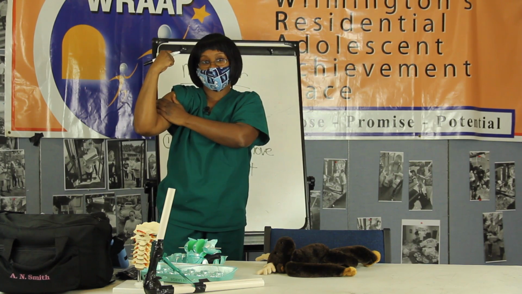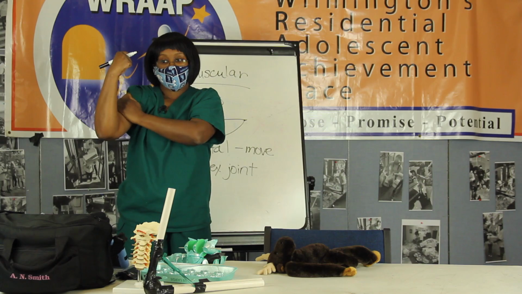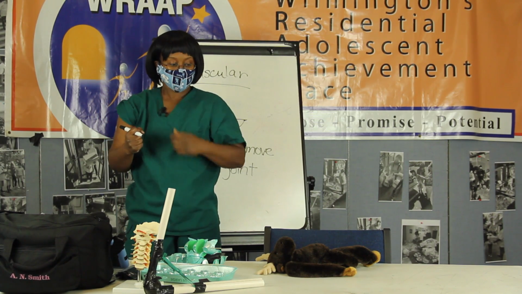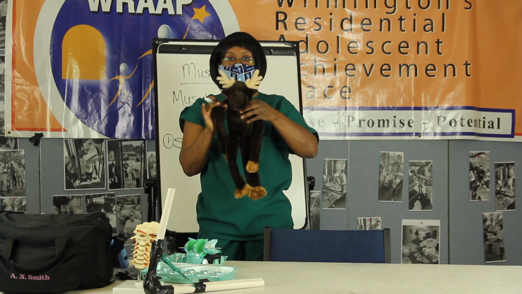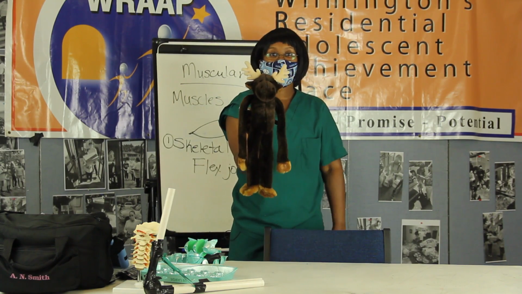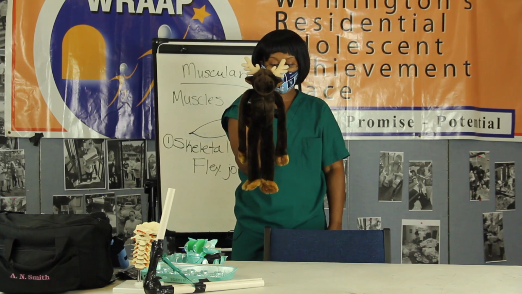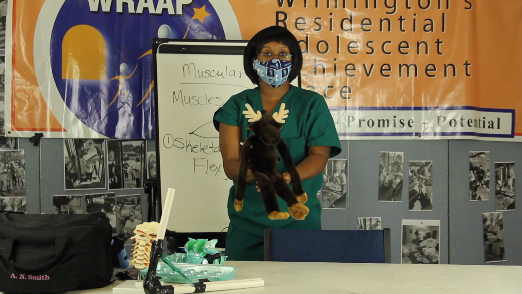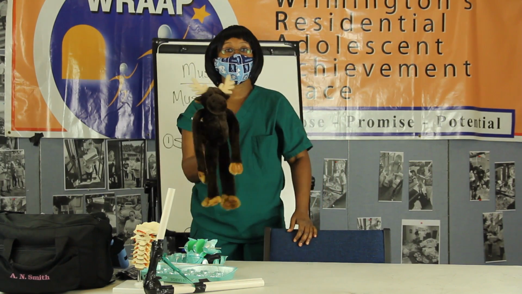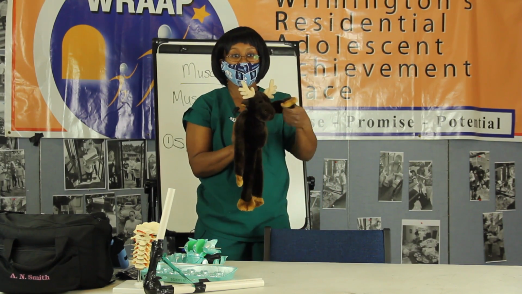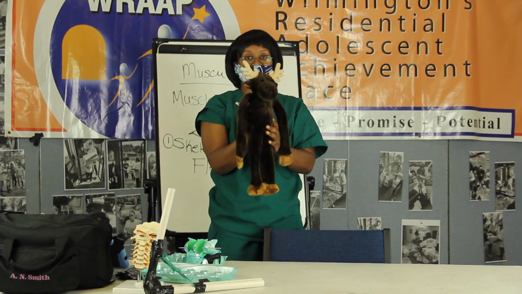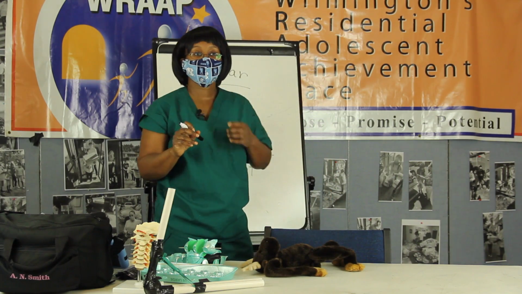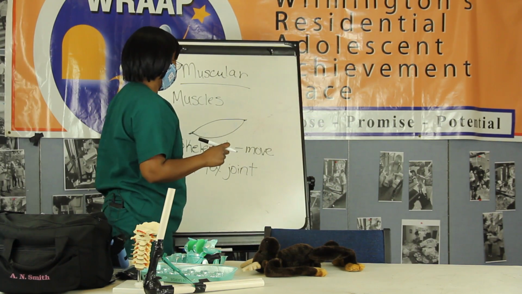Now the thing about muscles, you have to work them for them to get bigger. Everybody's muscles are different. This is where we get our strength. So Mr. Moose, he can have a skeleton, but he still won't move. If we put a skeleton inside, he can be upright, he can sit straight, but he still won't move because he needs muscle. Muscle gives us the force to be able to move. If we want his arm to move, we have to do it. That's the job of muscles. That's why the skeleton and the muscles work well together.